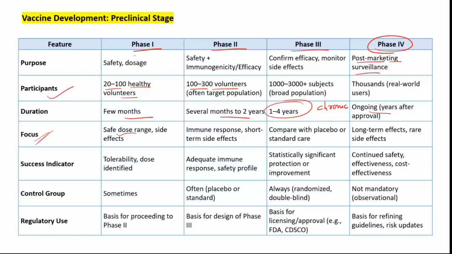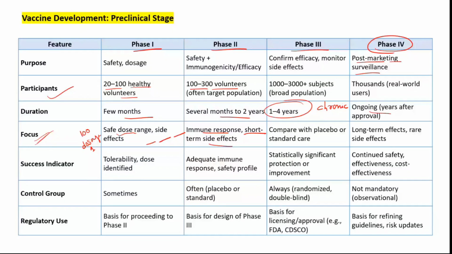It means if you are giving to 100 people, you will decide the dosage, that whether 1 mg is safe to give to the patient or not. So after this phase 1 you have the safe limit of the drug dosage. And in phase 2, as it is for up to 2 to 3 years, you have the immune response, whether it is able to generate the immune response or not, and short term side effects. And this will be a long term side effect in phase 3, because this is for a very longer period,